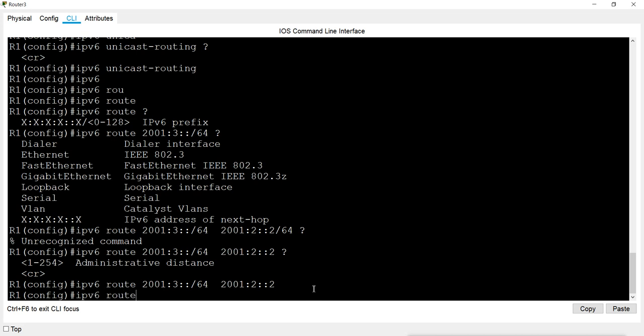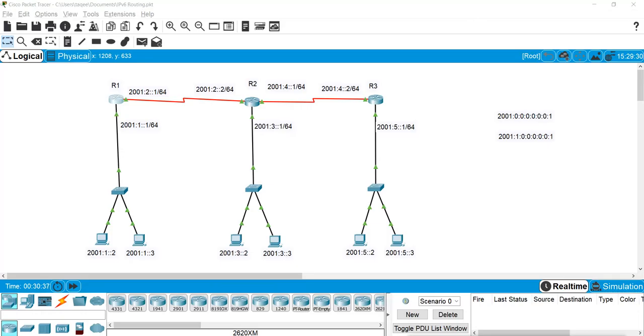IPv6 route 2001:4, and the next hop address is always this one, because they will go from the same path. As we see, for 3 we can go from here, and this will be the next hop address, and for 4 this is the same next hop address, and for 5 also this will be the same next hop address.